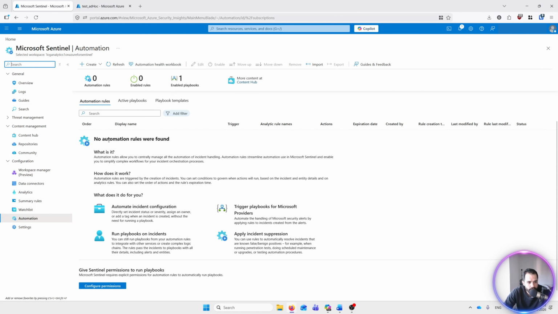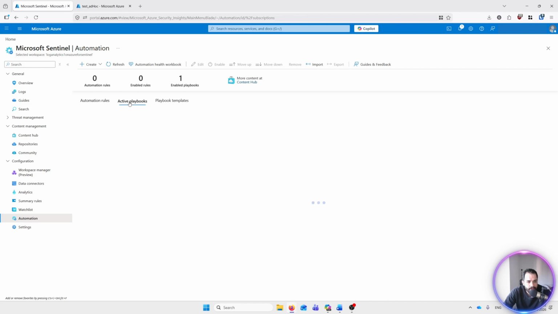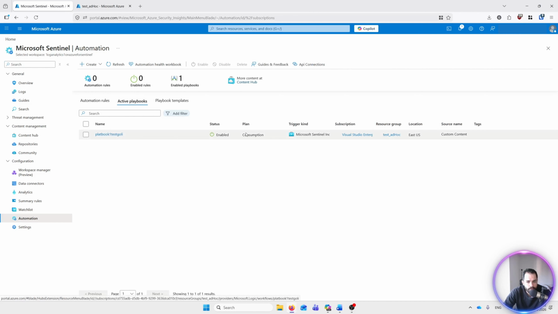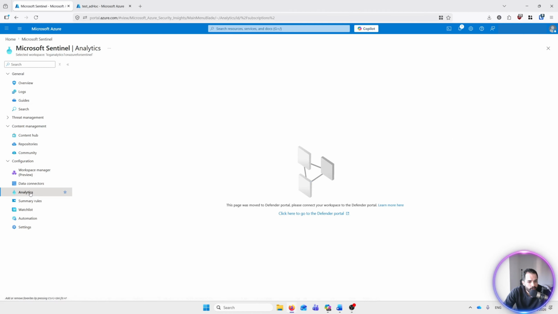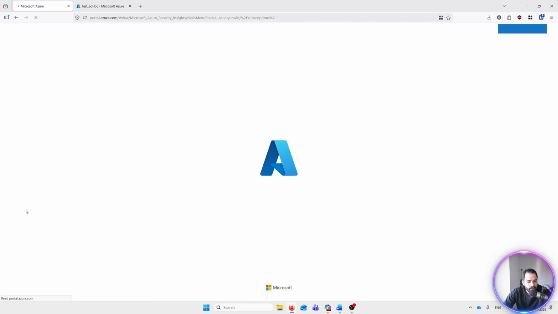So automation rule is still nothing there, but active playbooks, we can see we have one playbook, but this playbook is not attached to any analytical rules. So we are going to go again here. So for example,